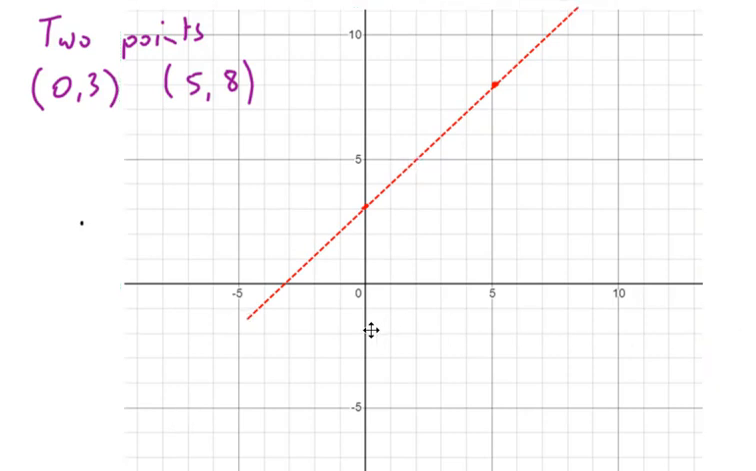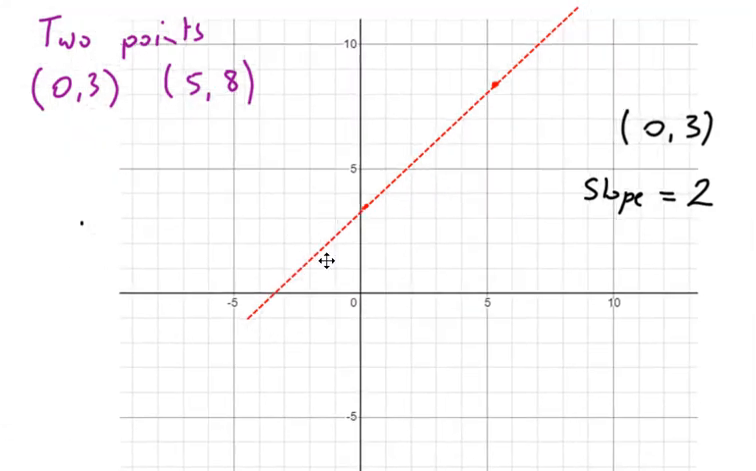What other things could you be told to be able to sketch a line? What if you were told something like this? If you were given the point 0, 3 this time, and you were told that the slope of the line was equal to, say, 2. Is that something you'd be able to sketch? Well, I think so,